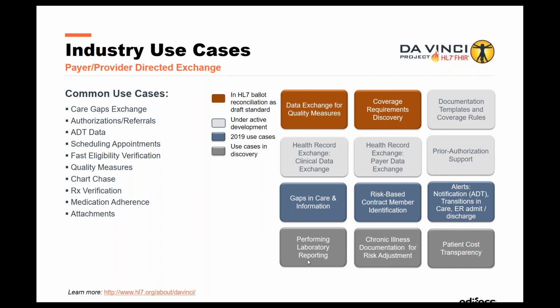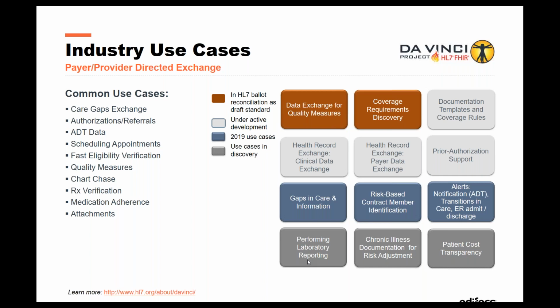Eligibility, quality measures, then the big one, chart. We hear this idea of how we get chart retrievals and do extractions and find missing measures using charts. How is that going to happen? Because it's a pretty costly process right now. Medication adherence I missed, and then do we really FHIR-enable attachments, right? How do we get down to making attachments work for everybody? So these are just a few. You need to define this, and this is one of the things we're going to go over today: the questions you need to ask to get started.